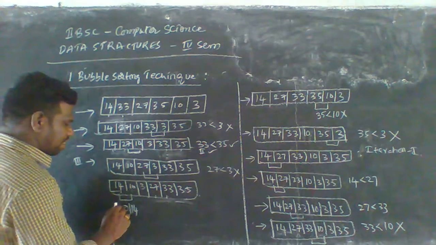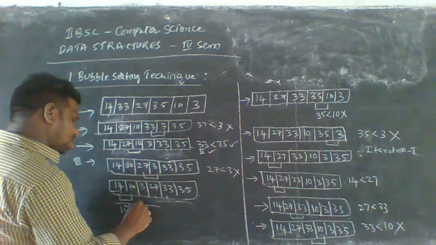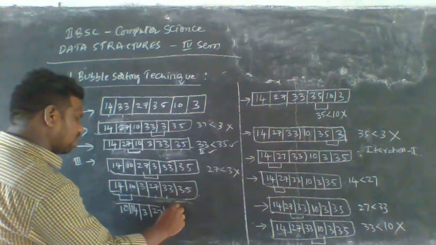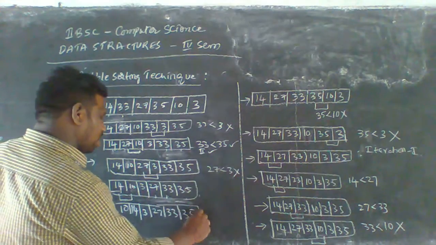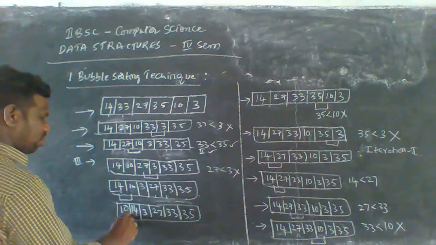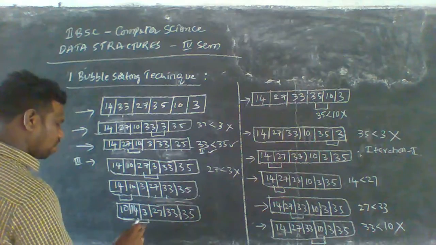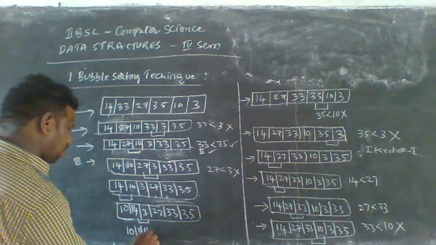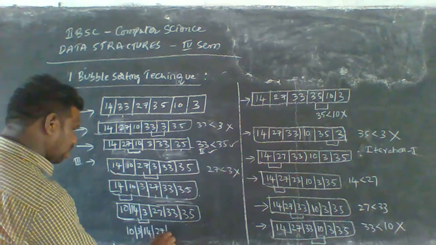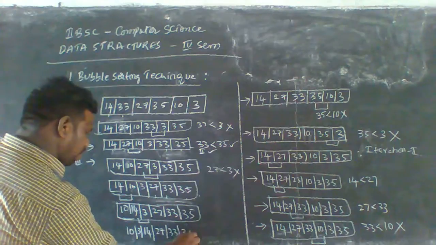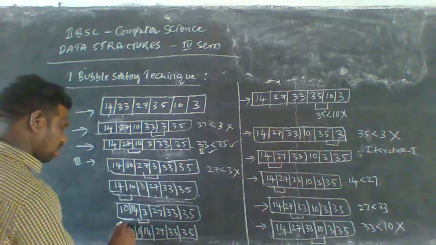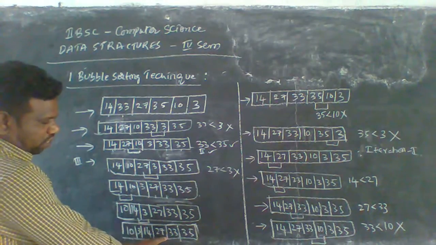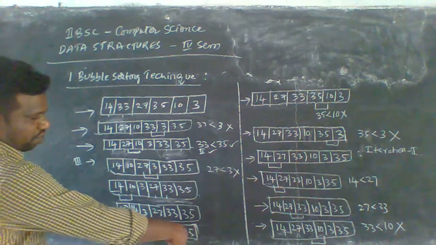Okay. So step by step we will be going here. 3, 27, 33, 35 here. So after these statements, we have to compare these two values. We have to save this condition because of the 10, 3, 14, and 27, 33, 35 here. Okay. And again, there is no need to change here. There is no need to change here. That's why we can leave here.